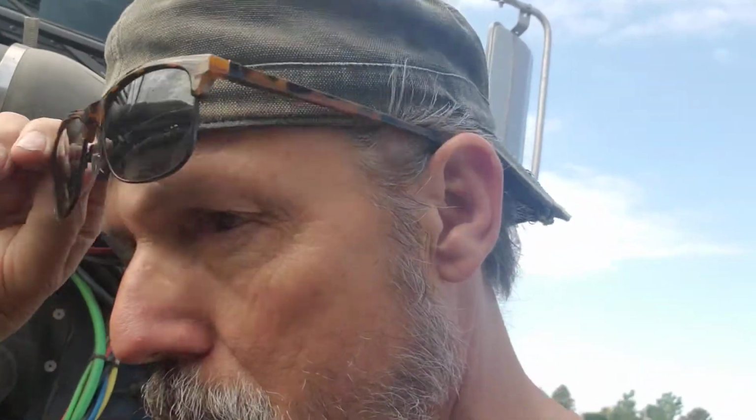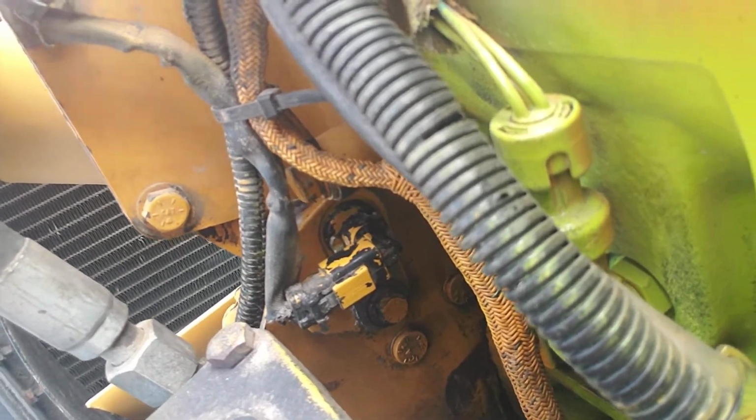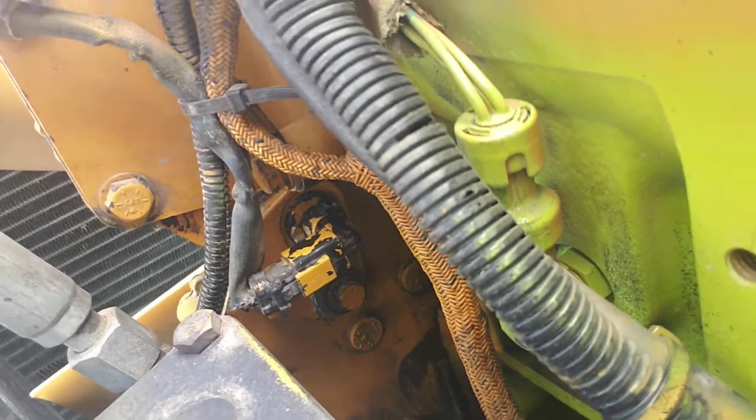I'm not sure if you guys can see in there, but I'm gonna try to show you. I'm gonna see if I can get you down in there. Now I'm not sure if you can see it or not. How do you rotate this thing? Let me see. I don't know how you rotate it. But anyway, down there, where the block meets the back of this timing cover back plate, where the back plate comes up against the block,